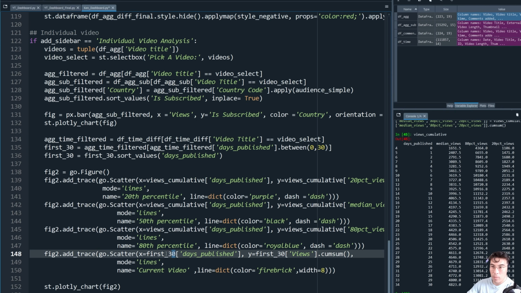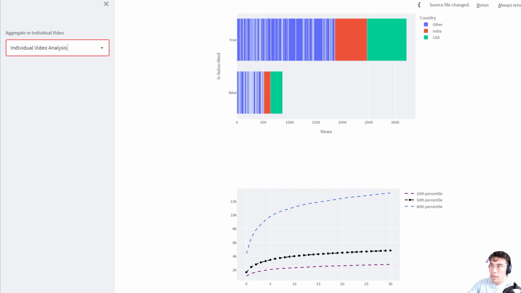So this one is going to be from the different data frame, which is the first 30 that we've created up here. It'll be the same days published. We're also going to be using views and the cumulative sum of the views here. So we could have done it up here. I thought it was fine to just do it down here instead. We're going to call this the current video. And in this case, what we're going to change with the line is we're going to make it fire brick, which I think is a pretty sick color. And we're going to make it a lot wider line. So let's do that. And then now when I reload it,